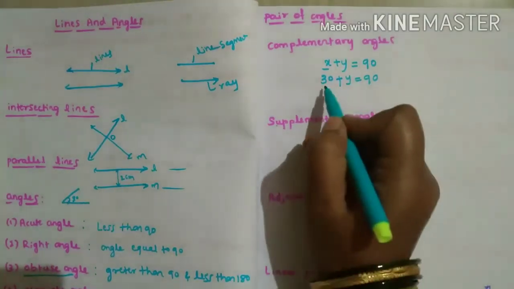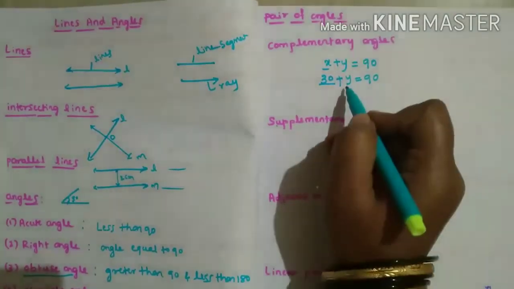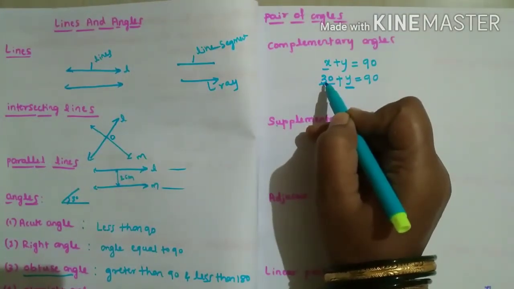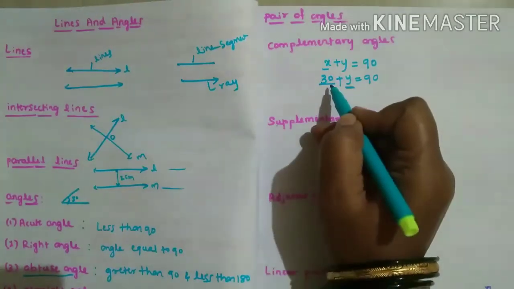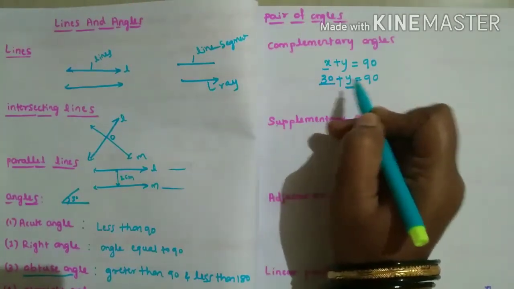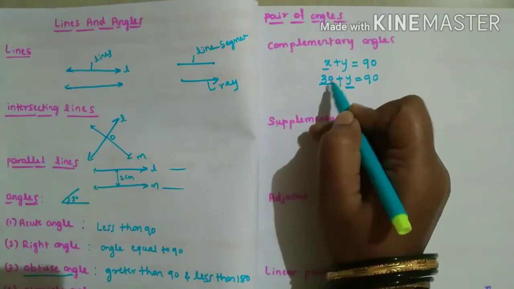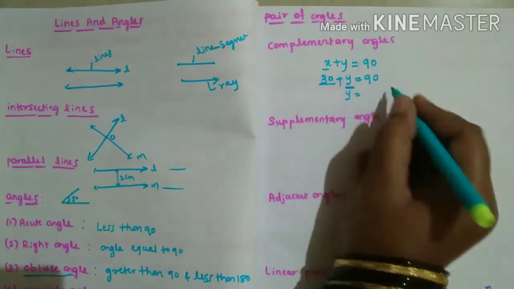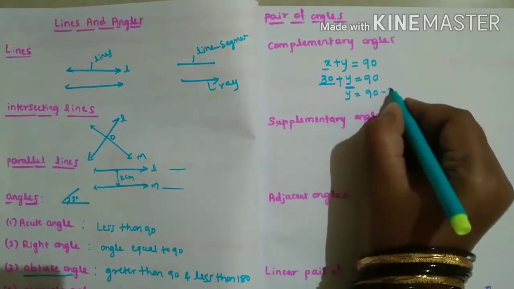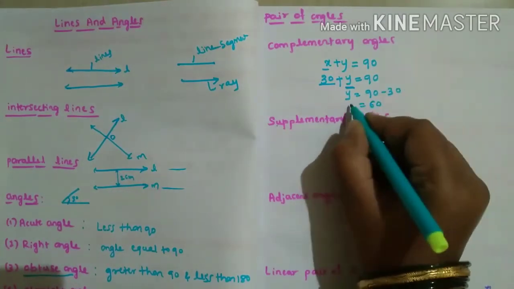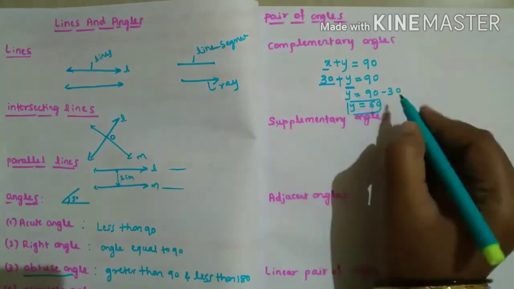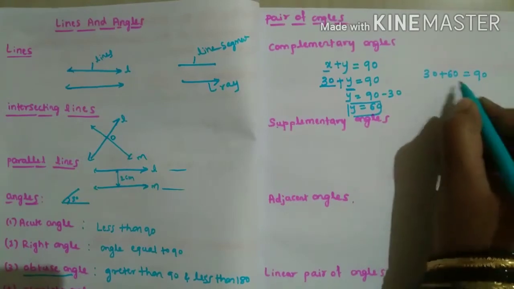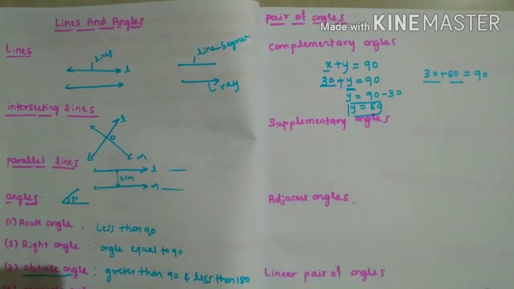Here x I have taken as 30 degree, and one more angle of complementary we have to find. If you want to get the answer as 90 degree, with 30 degrees there, what do you have to get? Just calculate that. Keep y here only, and 30 degree you transfer to the right side. 90 minus 30 is equal to 60 degree. So why we got 60 degrees? Suppose 30 plus 60 is equal to 90 degree. Then we can call 30 and 60 complementary angles.